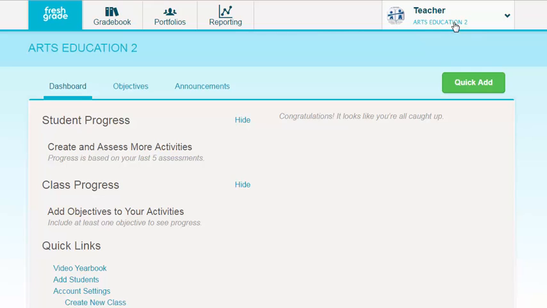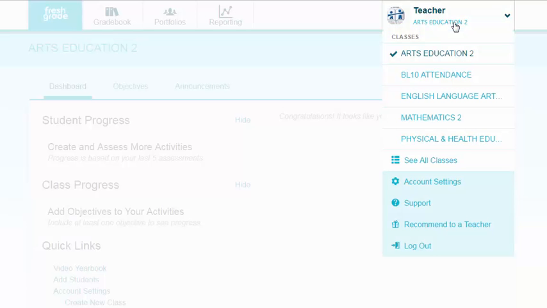When you first log in, you'll see your teacher name and a given class. Arts Education 2 is the class that I have. If we click on this, it will reveal a drop-down menu with a number of other classes that have been imported from MyEd. Rather than using these separate classes, we're going to advocate that you only build out one of these as your classes. This will reduce the amount of work that goes into activating your student accounts, inviting parents to these accounts, adding pictures of students, and then down the road, it'll make it easier if we want to